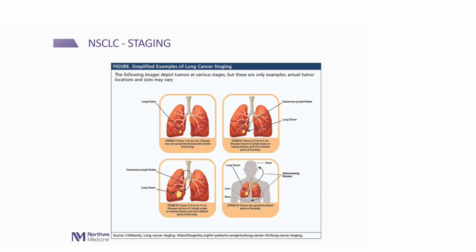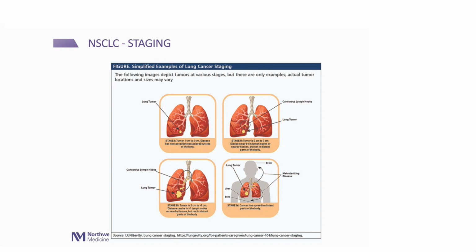So with this slide, I just want to give a brief overview about what we call staging of cancers. These are things people ask: okay, so what stage is my cancer? You know, the numbers stage 1, stage 2, stage 4, all these things are commonly talked about. So in general, cancer has 4 stages, 1, 2, 3, and 4. Stage 1 is when the tumor is just localized to the organ where it starts. So in this picture, it's just in the lung. So that is stage 1.